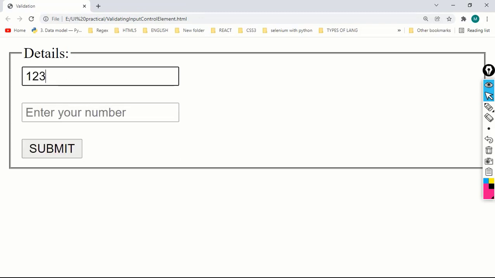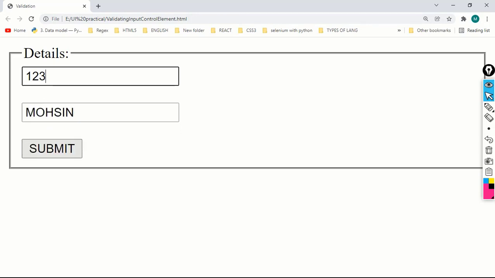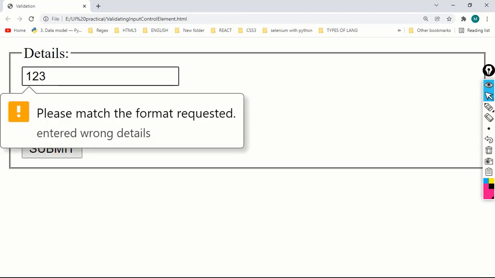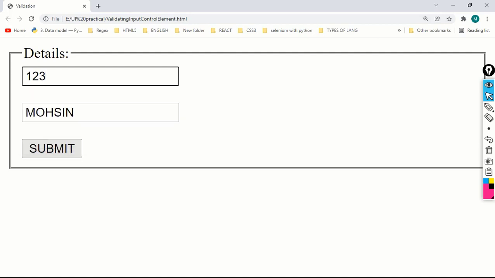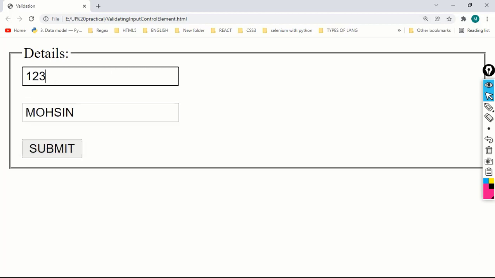What I'm doing, 1 2 3, and Mohsin, submit. First it will check the first input box. Okay, please match the format requested. Then we have our message. See, entered wrong details. Correct. So I will correct it. I will write correct details here and submit.